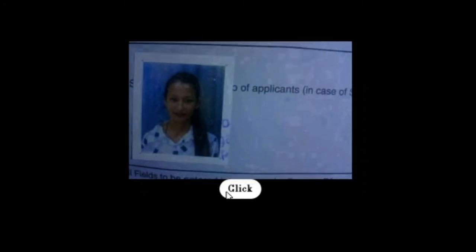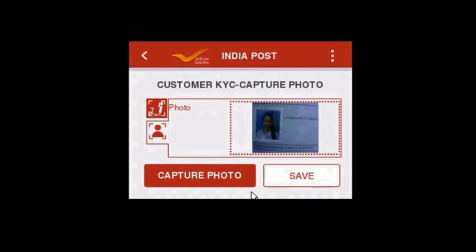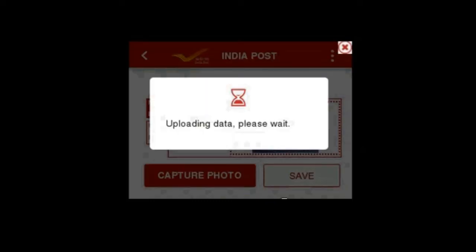Since our depositor is not here, we are capturing the photo from her opening form. We'll click OK. Our signature and our photo are already captured. Now we will save it by clicking the save option.